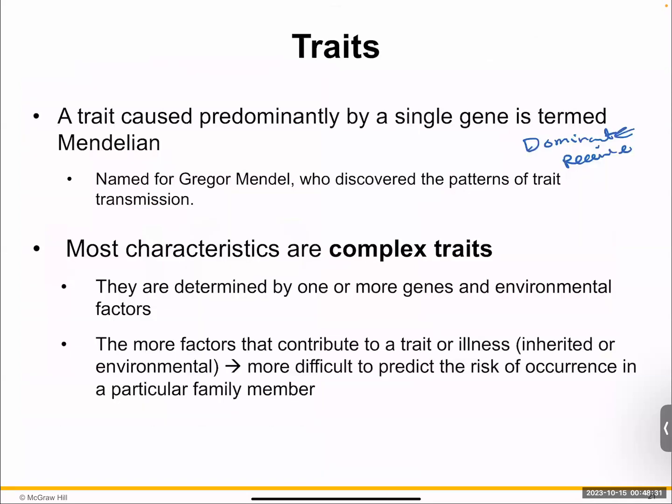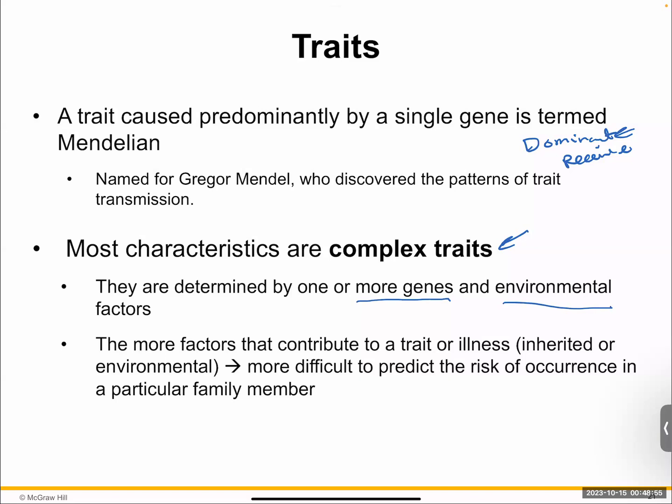Now, what I mentioned earlier, we talked about Mendelian, which is, again, kind of think about it as black and white, if you want to say, versus complex trait. Complex trait, as the name implies, you have multiple genes involved and also environmental factors. So both of these are going to contribute to how those traits will look in an individual.